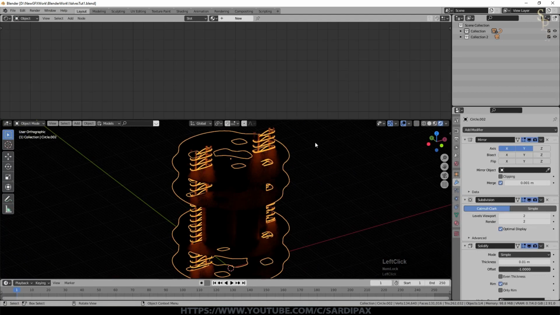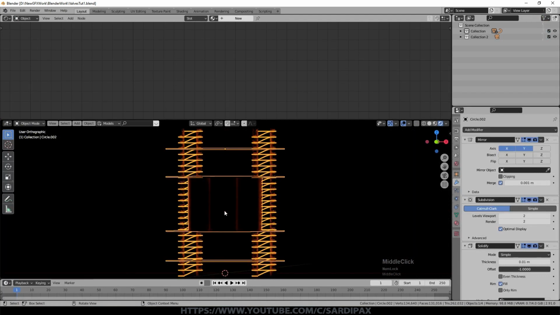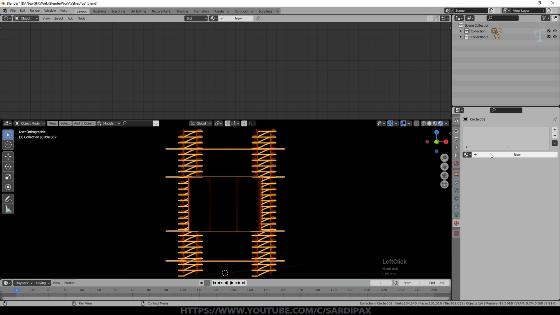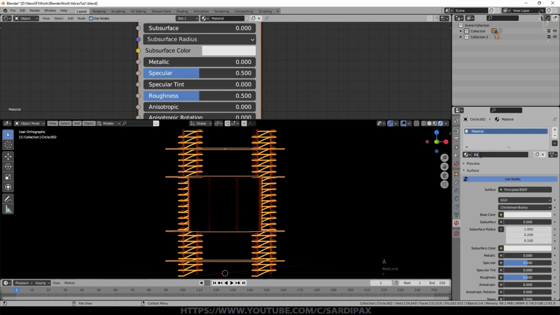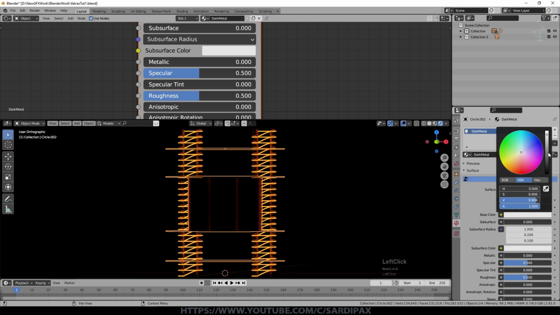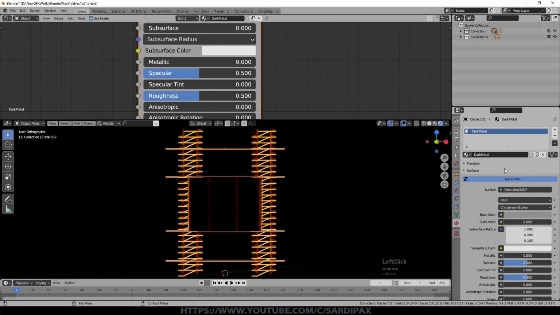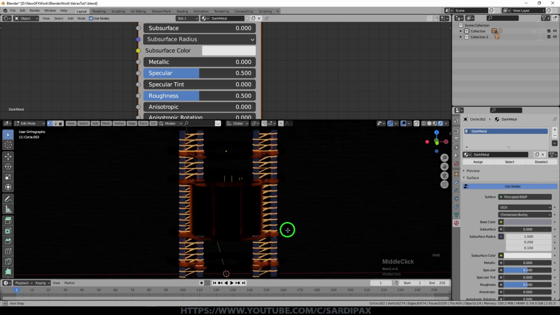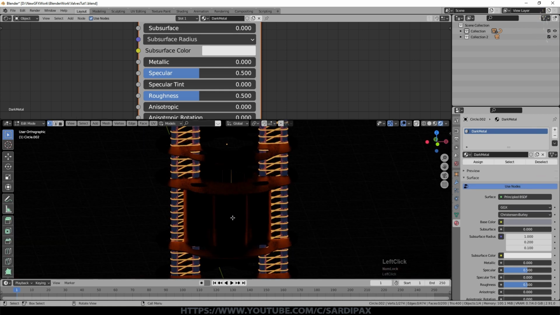So we need to give this some different materials. This central block tends to be some kind of dark grey material, obviously a metal. So we'll go to materials down here and we'll say new, and we'll call this dark metal, and we'll set this to a sort of mid-grey colour, maybe with a slight blue cast to it. And we need to indicate what part of the material is going to be this colour.